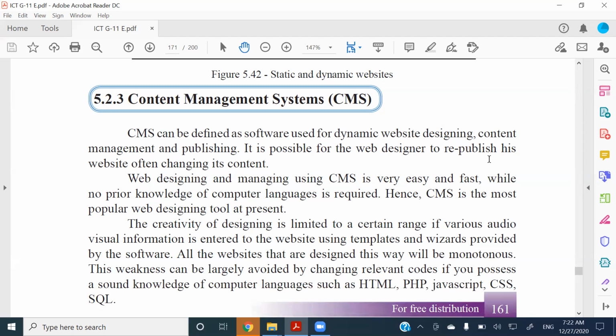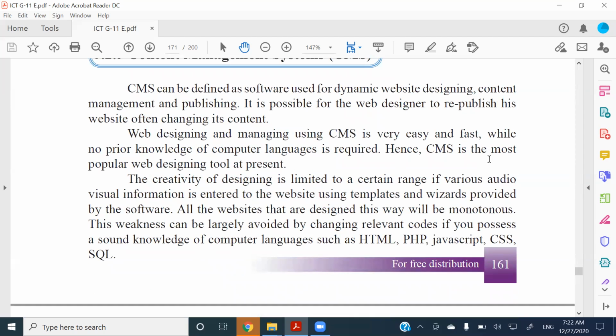So there are many different content management systems like Joomla, Moodle, and WordPress. So the only thing that it does is giving the facility to create a dynamic website with the bundle of softwares,